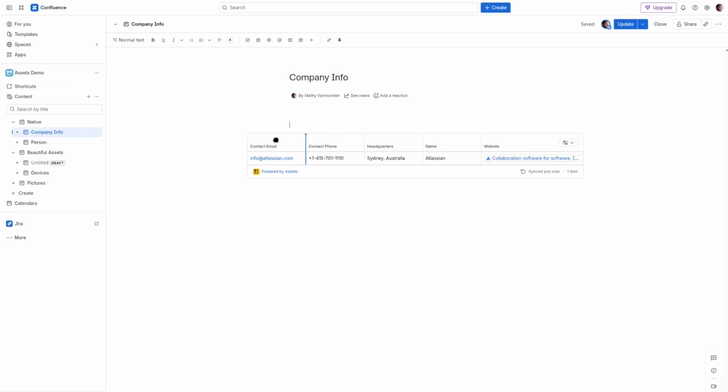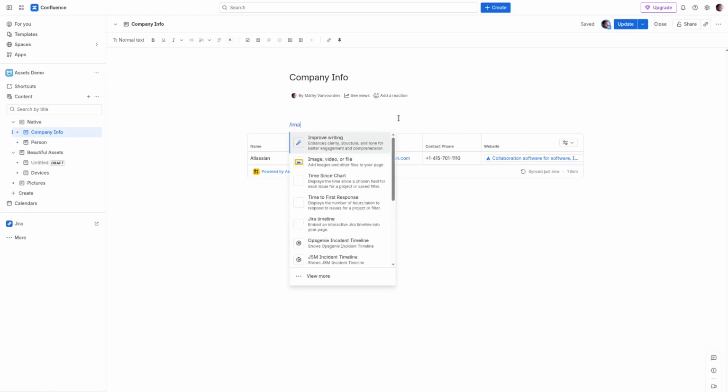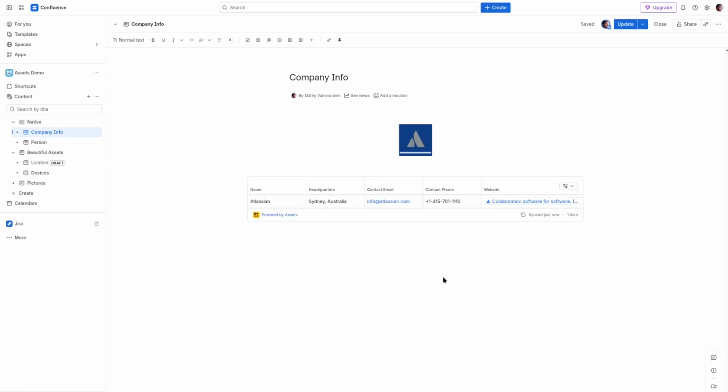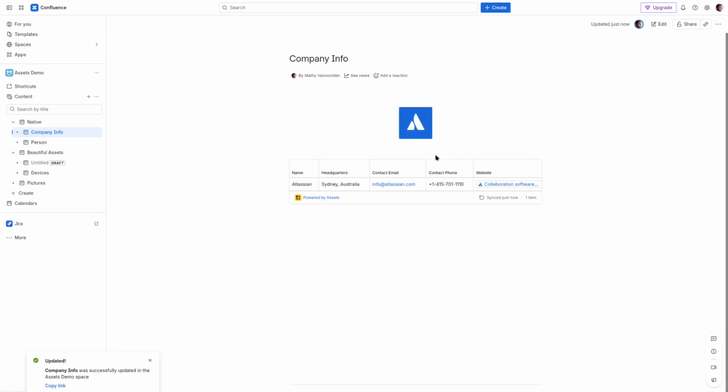You can drag around these columns so that they are in the correct order. Let's put headquarters second. Unfortunately, you cannot include images from assets, so let's just manually upload an image into the page so it looks nice. Update the page, and there you go. We have a nice page with some information coming from Jira Assets, but unfortunately an image that's not coming from